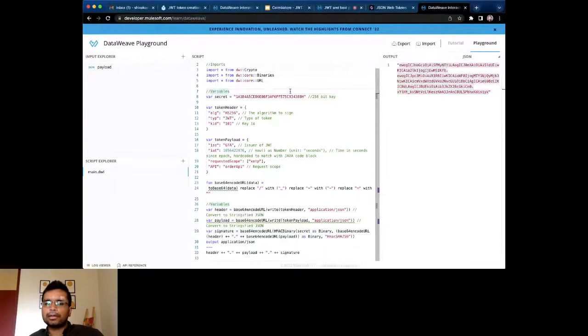That is not possible. The only way to validate is that this key will be used by the provider, and the provider will take this token and break it down. It will again rerun this whole process, and that same token will be created. Basically, then they will